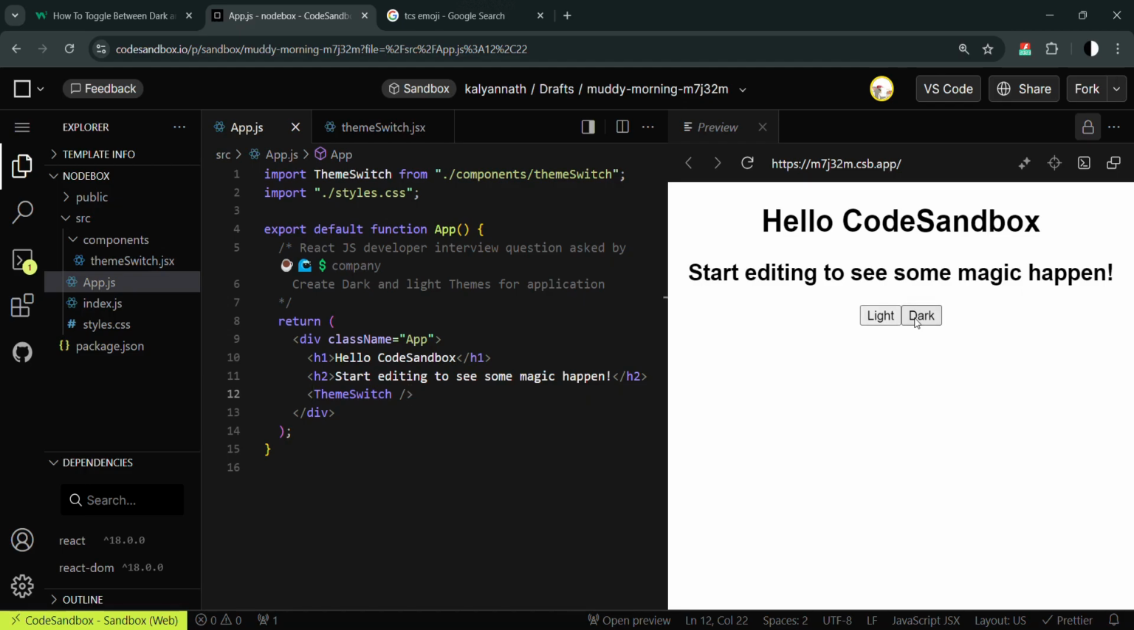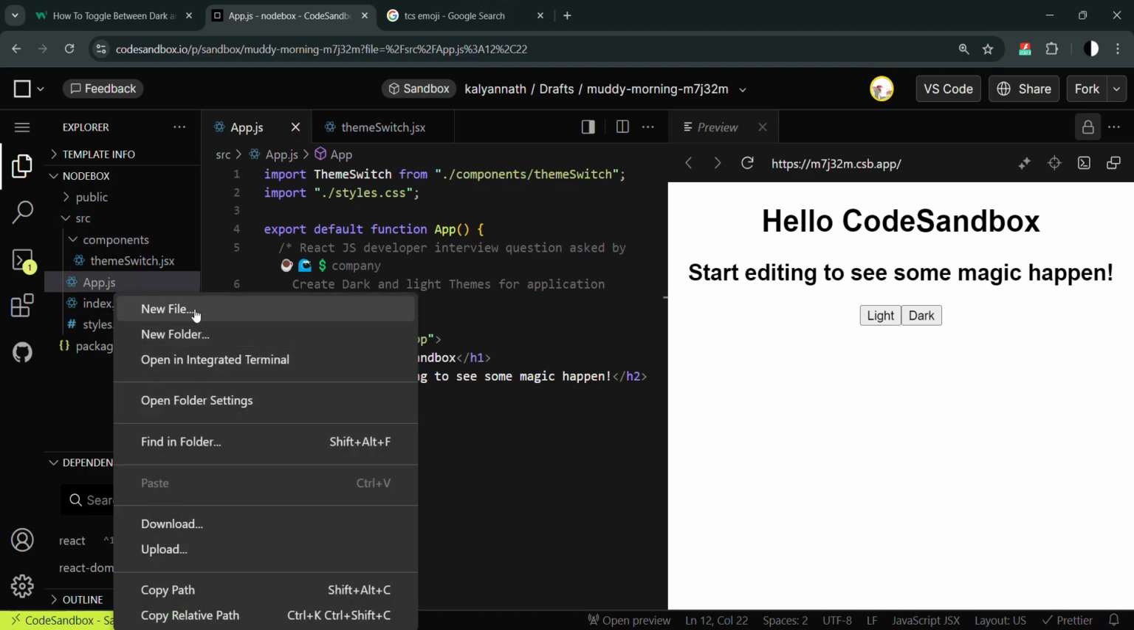Light and dark. Clicking dark should turn the whole application to dark mode. Light would turn to light mode. So we'll use context for that. Before that, let me create one